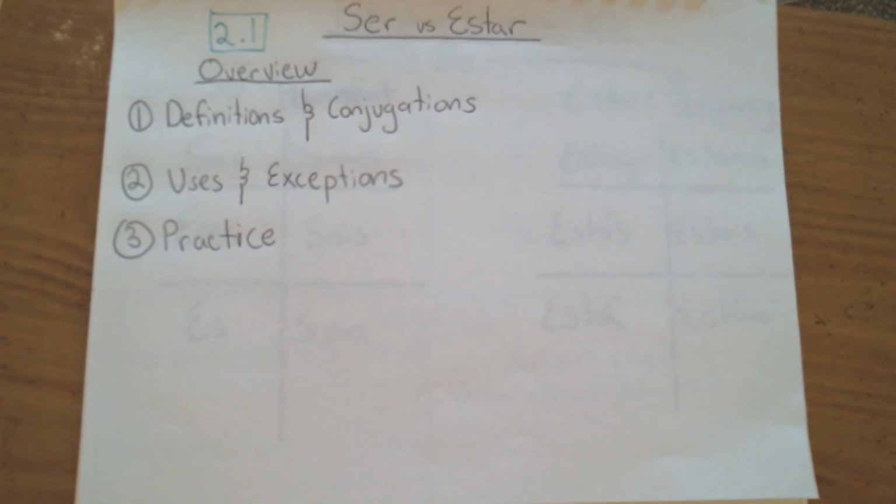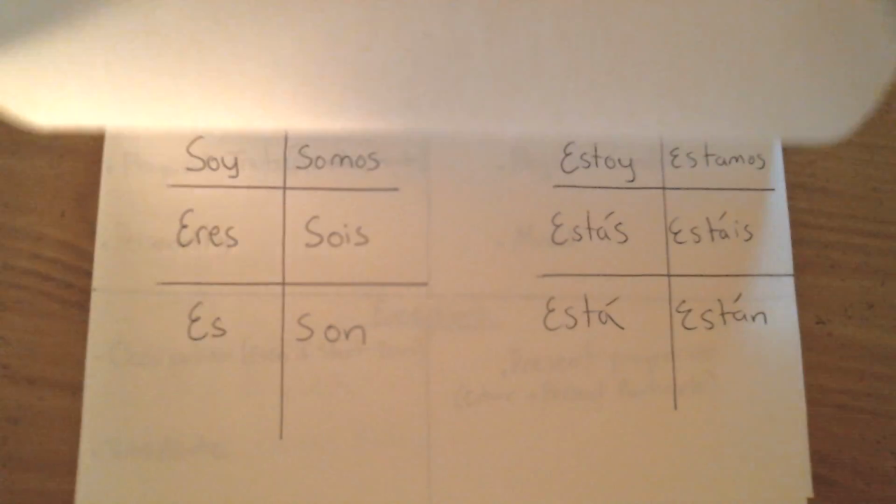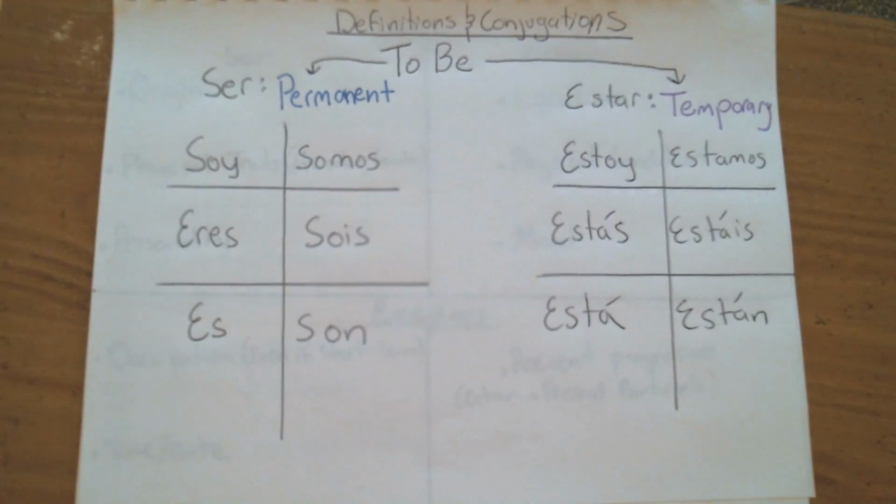Now this lesson assumes that you already understand verb conjugation, that you already understand all of the Spanish pronouns, and that you already have a basic understanding of Spanish grammar. So for those of you who maybe are taking a refresher course in your Spanish, this would be helpful as well. So let's talk about the verb ser and the verb estar.